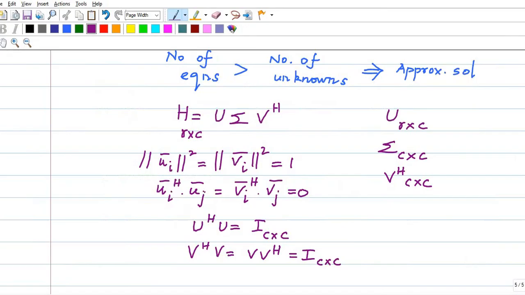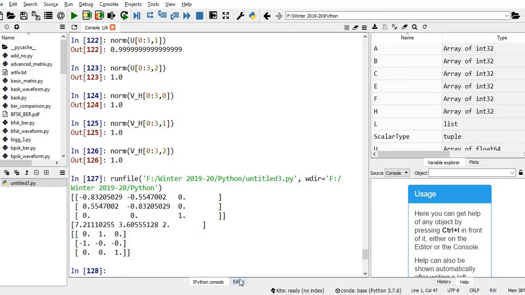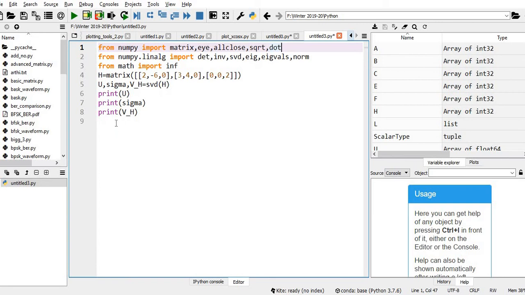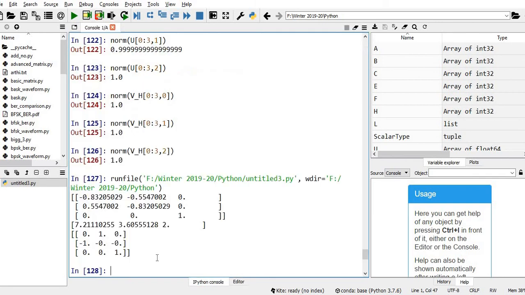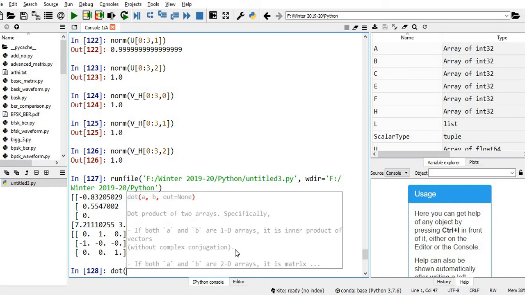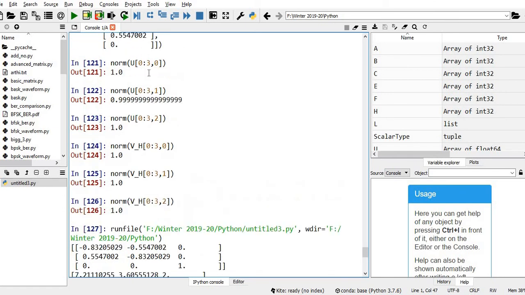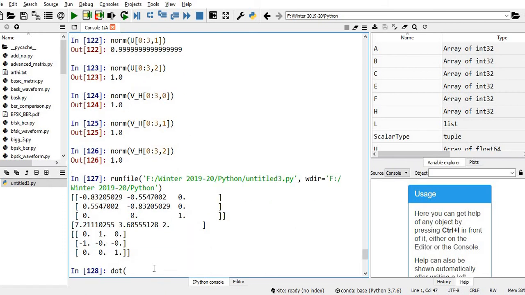So I need to do dot, say some column, first one, this one, comma, first column and second column.